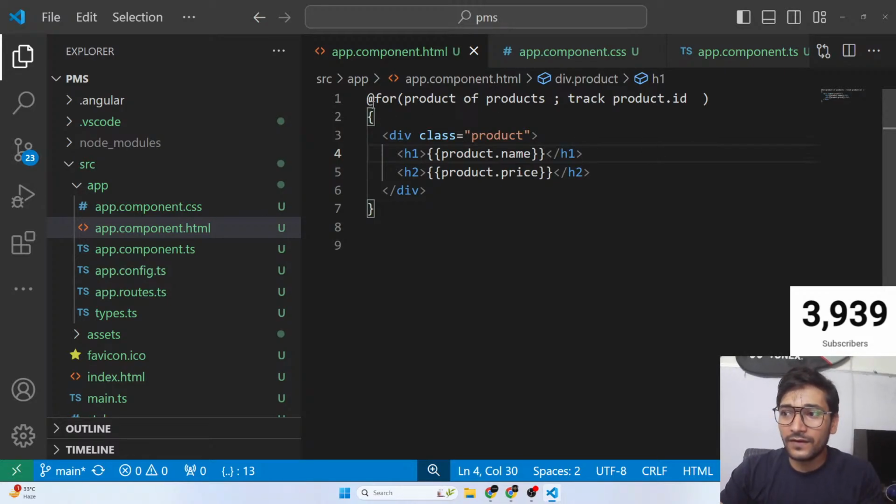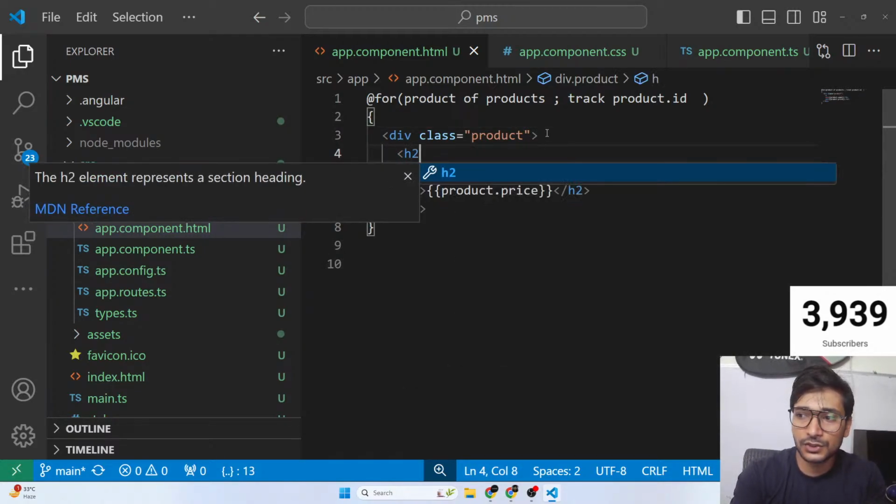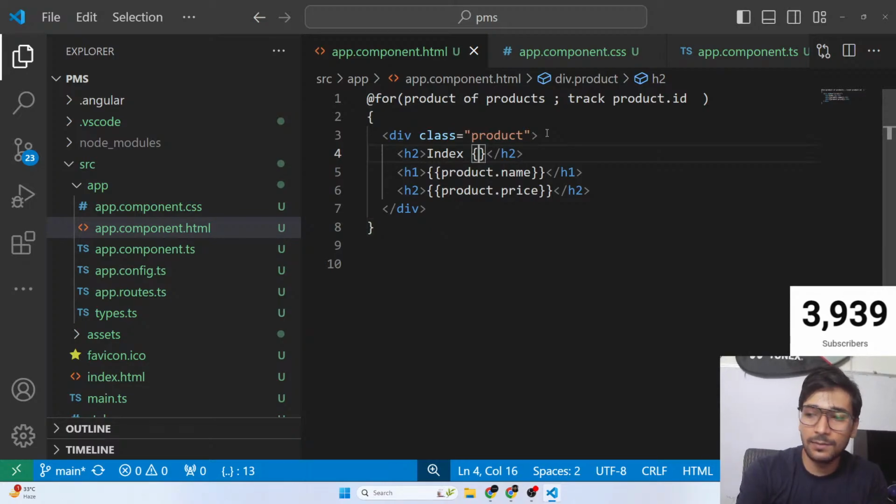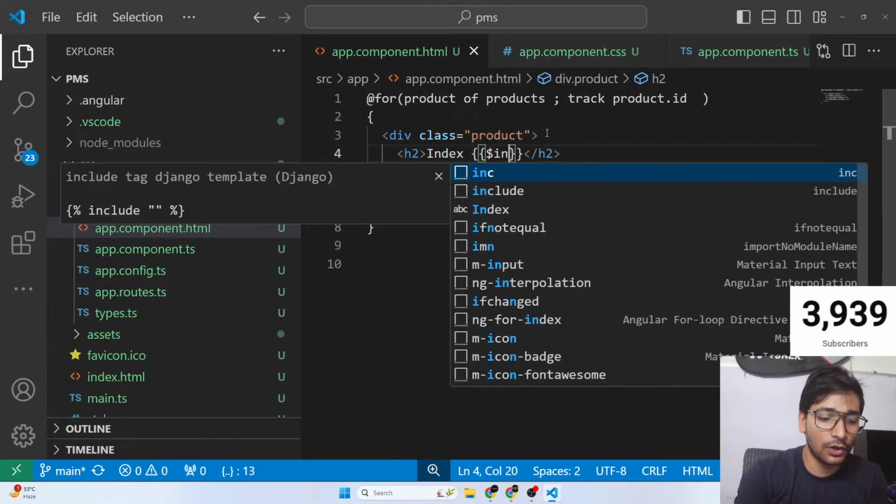And guys, see, whenever you use a loop, there are some inbuilt variables available as well. One of them is called index, which gives you the index of the element, which you know, right? 0, 1, 2, something like that. So you can also use index, which is by default available. If you want to display it, let's just say h2. I just want to display the index. That's available as $index.